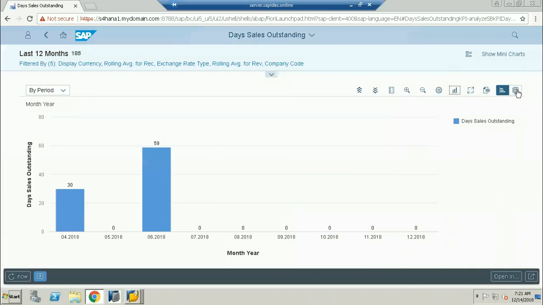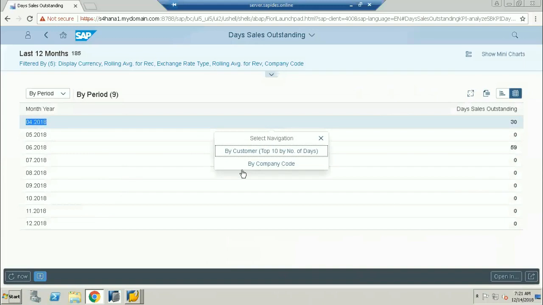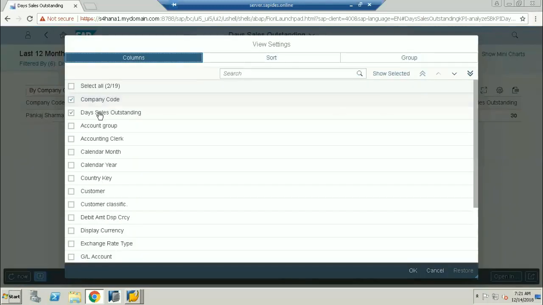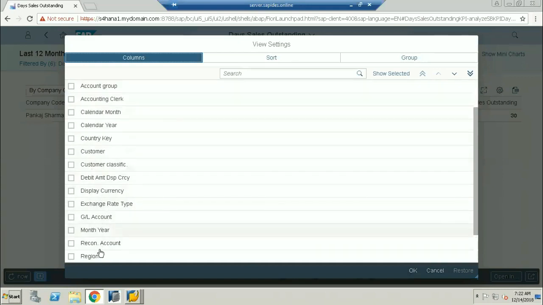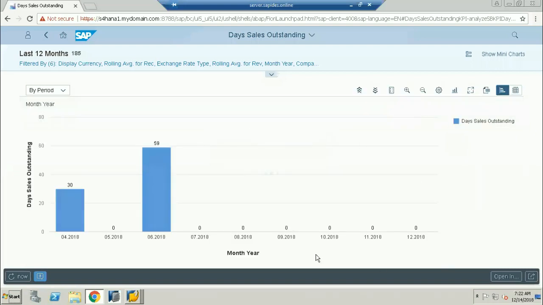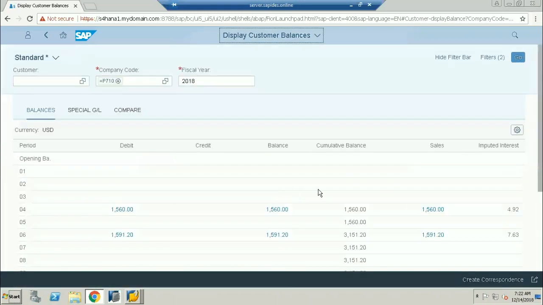Now, for example, this is the complete, by the periodical wise. If I double click on it, how do you want to get, whether you want to see based on that. So let it be like this. I'll just make it clear as a period. Now I'll go to that. I can go and see the drill down of all the payments like this.